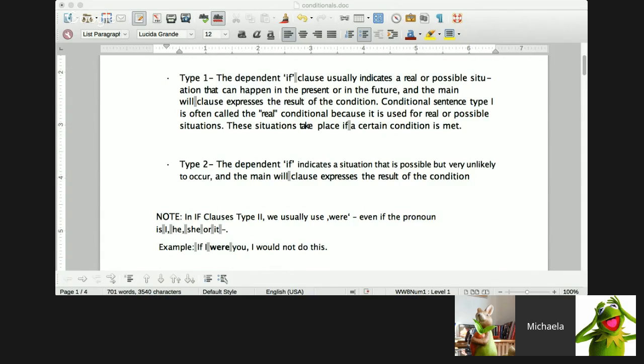Well, right here we have two, but there are more. So tell us what you know about the three types of conditionals. What I know, the first conditional is the probability. For example, if I will have money, I go to London. The second one is,